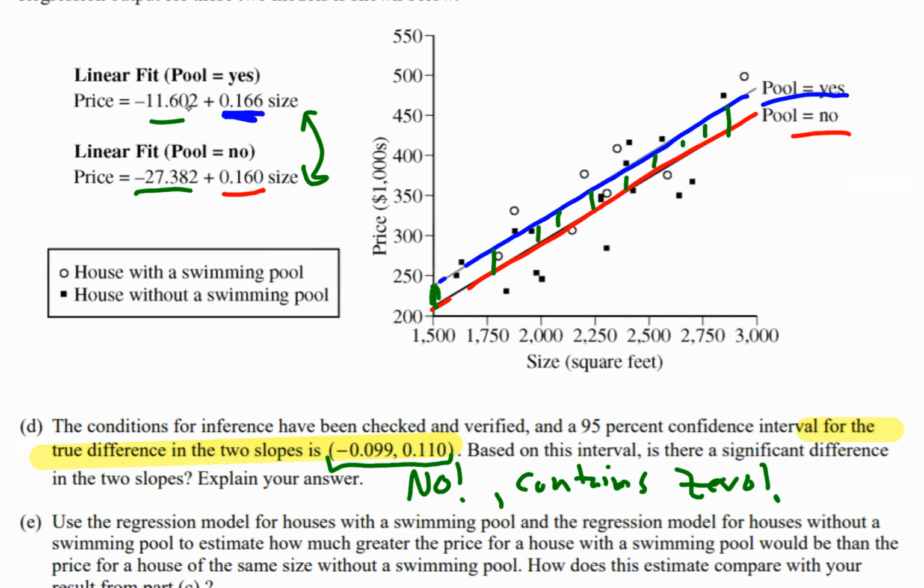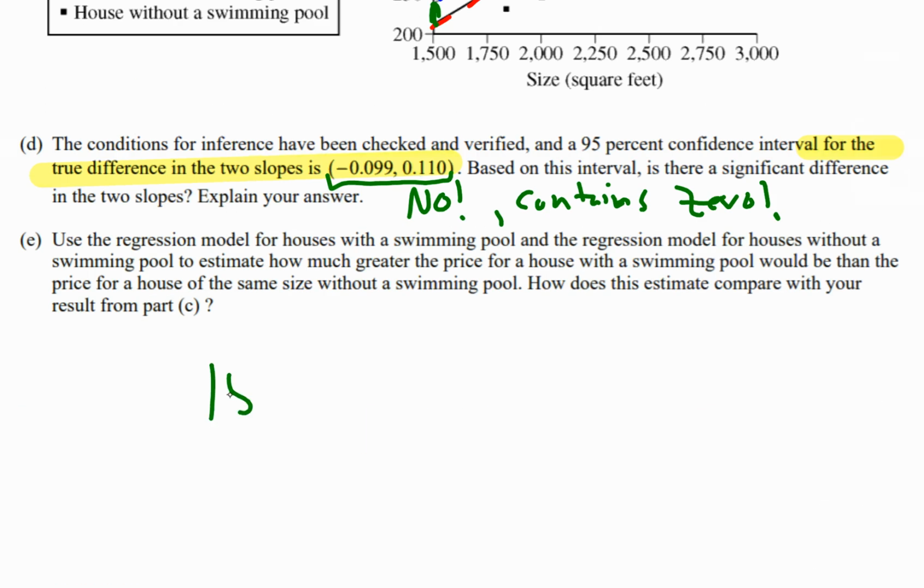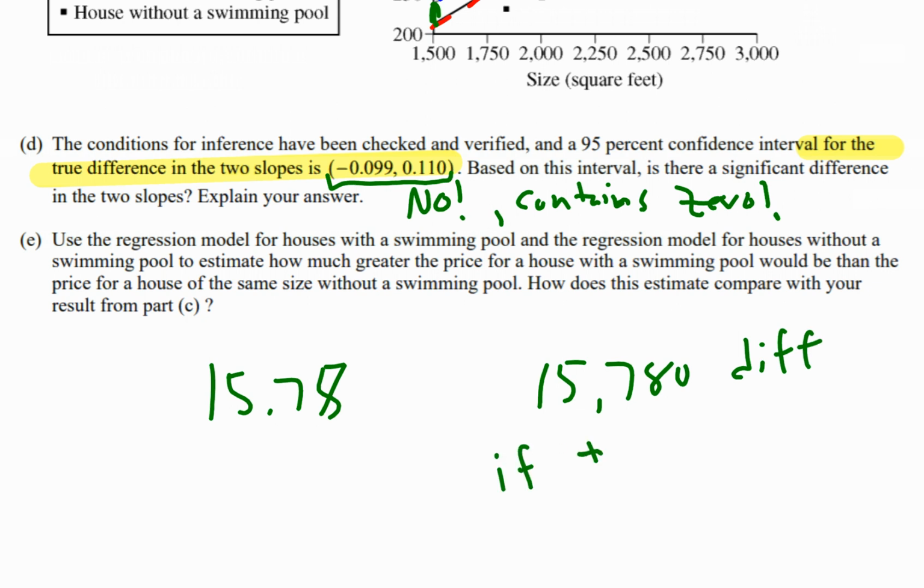So if I do, I guess the higher one is negative 11.602 minus negative 27.382. And if we do that, we get a difference of y-intercepts of positive 15.78. In other words, about a $15,780 difference if the house has a pool. And so we can say that